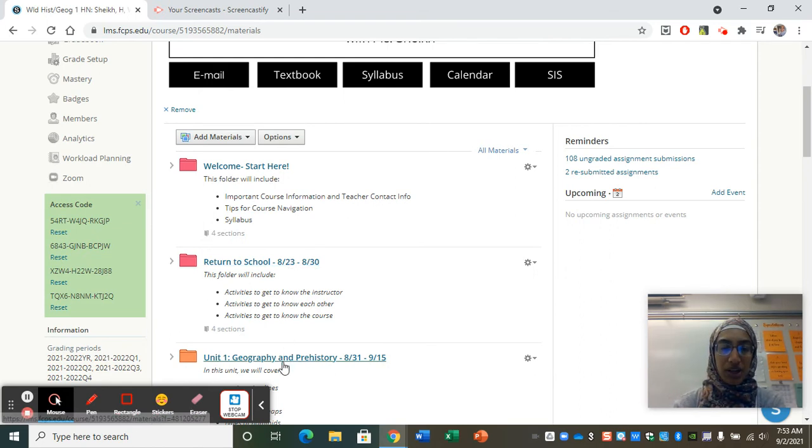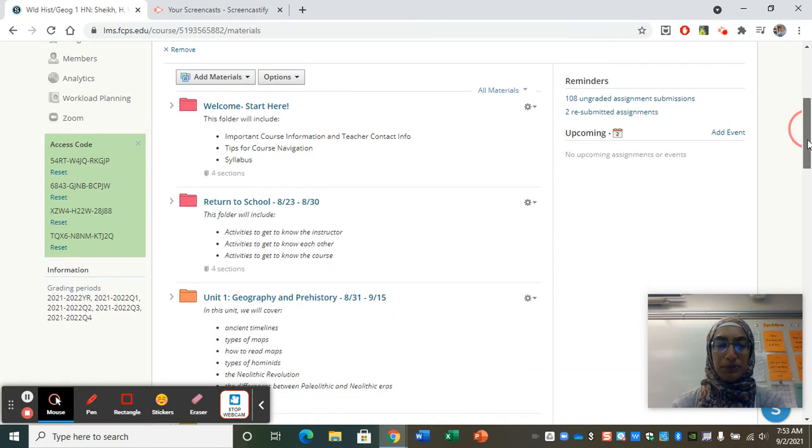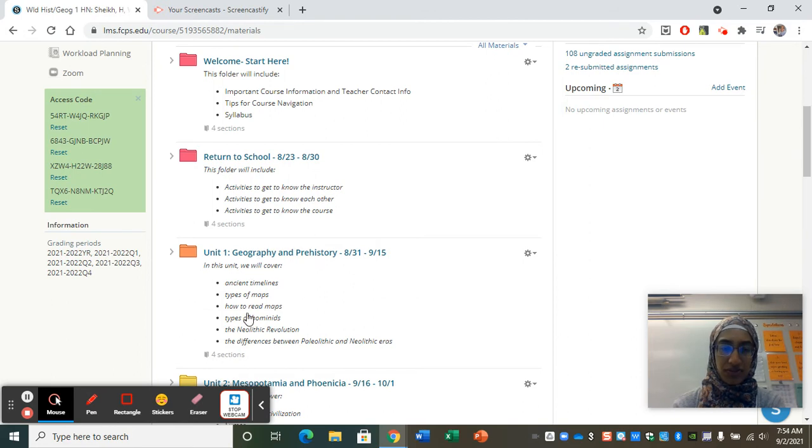So let's use Unit 1, Geography and Prehistory as an example. Again, there is a title next to each unit number and a relative date for when we will be working in this folder. A little synopsis of some of the main topics that we'll cover. So pressing here on Unit 1,